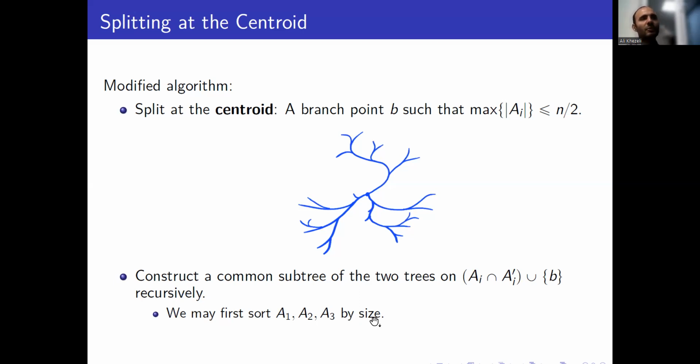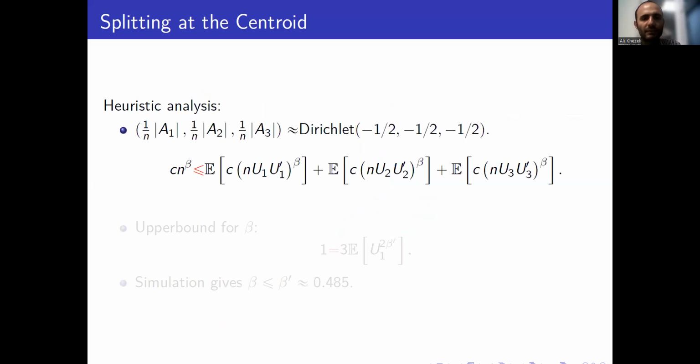Then it has more chance to throw out fewer vertices in the recursive algorithm, and this would probably give us a bigger tree. To analyze it heuristically, first Aldous proves the convergence of the normalized sizes. This has no problem. But in the second line, the identity that we obtain heuristically, there is a problem. Recall that this was the size of the output, and this was the output of the first branch, second branch, and third branch. But there is an inequality here because we have a condition